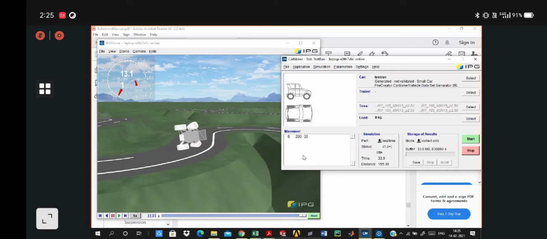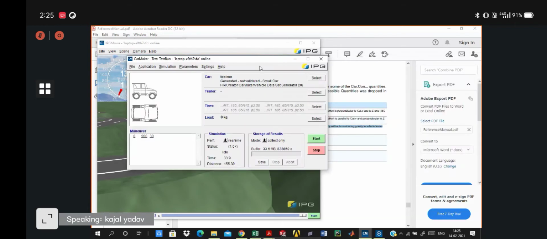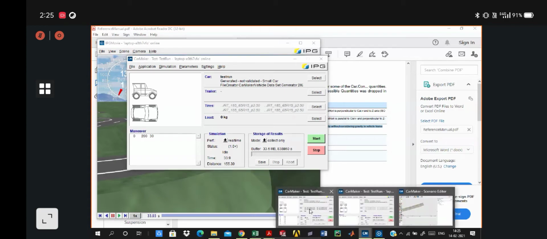I'll show you another simulation where we have optimized the maneuver pretty much, and from that you can have an idea of what all things you have to keep in mind for optimizing your vehicle performance.